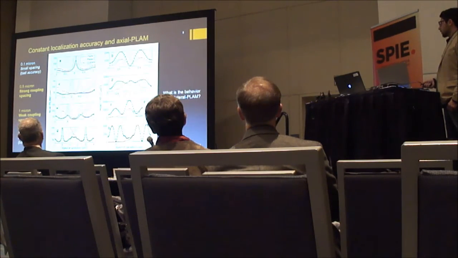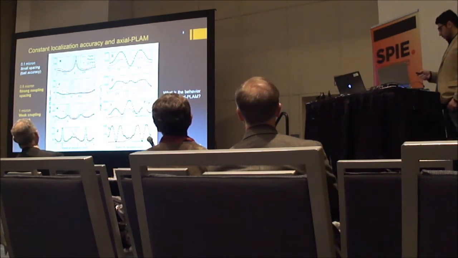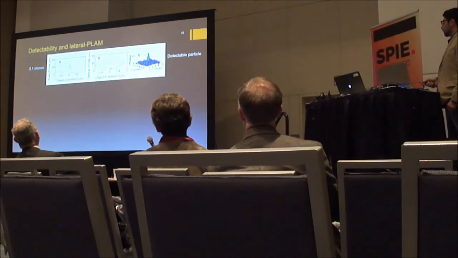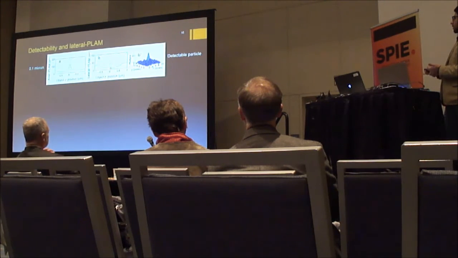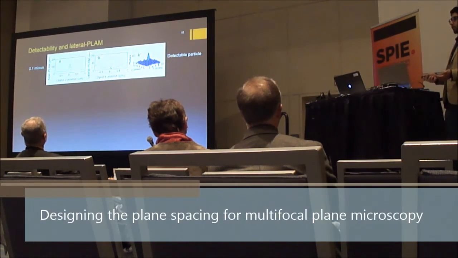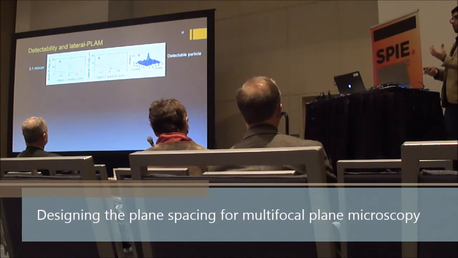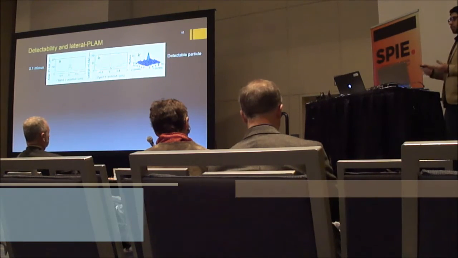So these are all based on the axial plan, but we are also interested in making sure that the behavior of the lateral plan is also fine. So this is what I'm going to talk about next in this slide. But just to be clear, this lateral plan characterizes the lateral localization accuracy of the single molecule, which is associated with the detectability of the particle. So if you have a poor lateral localization accuracy, it means that it's very difficult to visually detect your particle in your image. And so they are very related to each other.